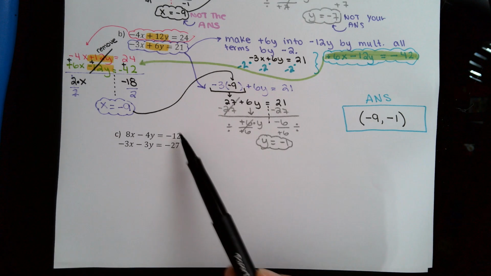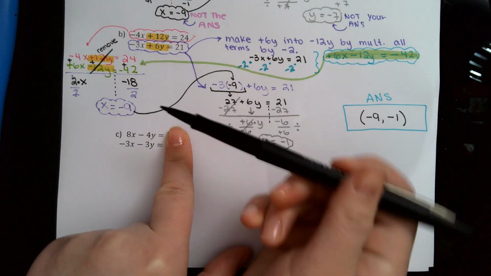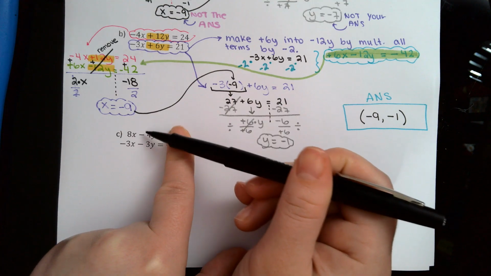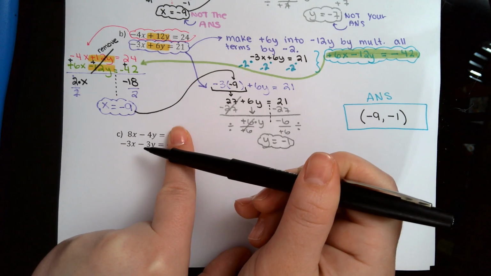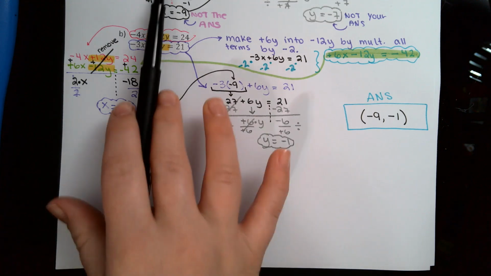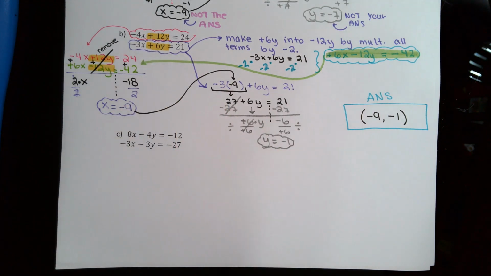Again, I'm not really looking at these constants. These numbers really don't matter. So I'm looking at our x's. What can make these the same? Or I'm looking at our y's and asking what can make these the same. So again, I'm going to choose the y's. It looks like I chose y every single time. It really doesn't matter. Choose whatever you want, either the x's or the y's, but you have to make them